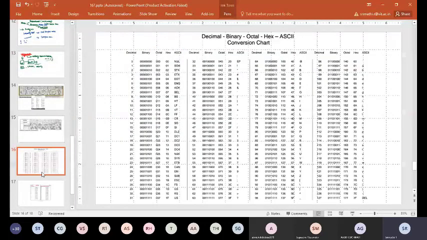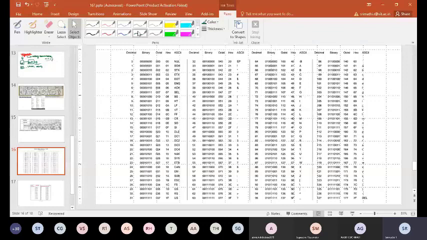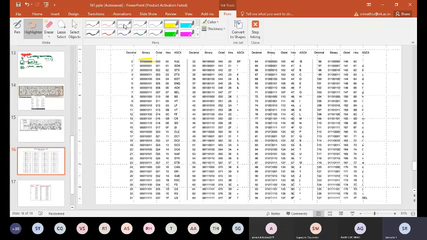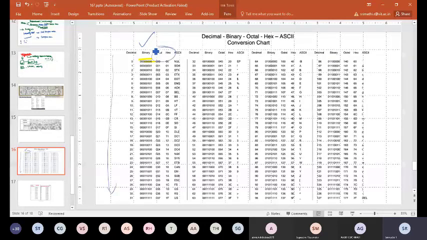In the alphanumeric codes, in ASCII you have ordered binary codes. If you see this binary number, 0 is 000, 1 is 001, 2 is 010, and 3 is 011. Likewise, you have an order, so it will be easy for us to remember. Octal and hex are given for your clarification, but compare only the binary.